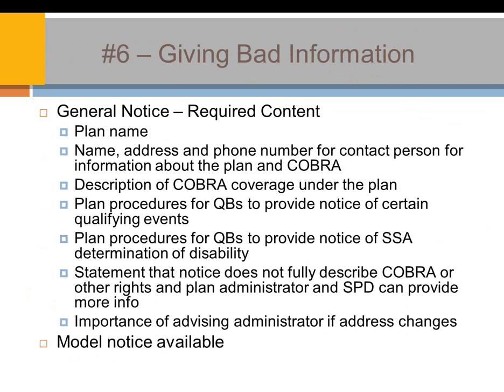One of the things that the initial notice or general notice provides is to tell the active employee that they need to let the administrator know if they have a change of address. Some things that have come up in case law has to do with the general notice not going out, and then the employer just sending it to the last known address that they had, even though the individual had moved, and then the individual said that they never received the letter, and because the general notice didn't go out, the employer was obligated to get that letter to them. They did not in the timeline as required, and therefore they received a violation.